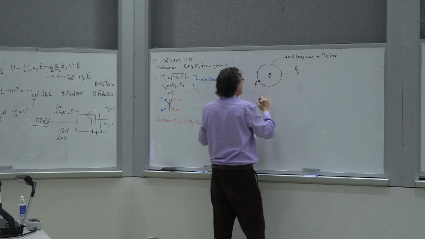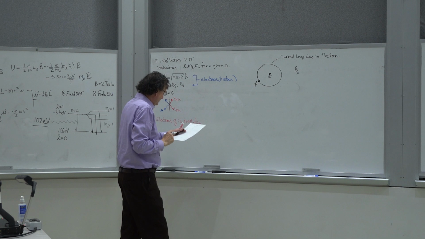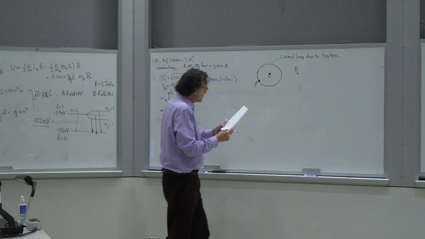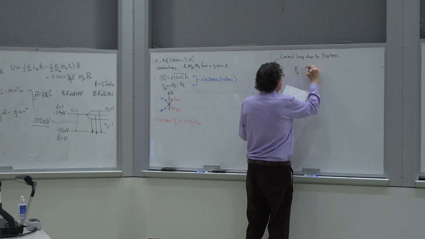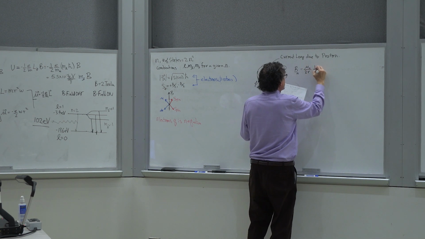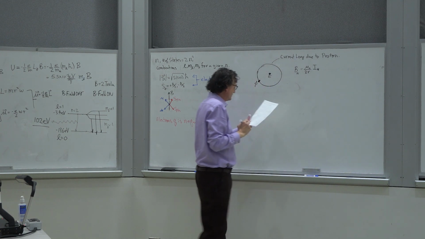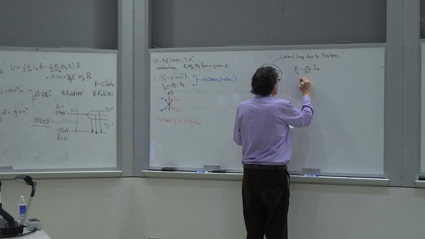Because the proton actually is part of the nucleus, even if it's the only part of the nucleus. And so I'll call this the nuclear magnetic field, and that's equal to mu naught divided by 2r times I sub n, where I sub n is the nuclear current. And the nuclear current is given by